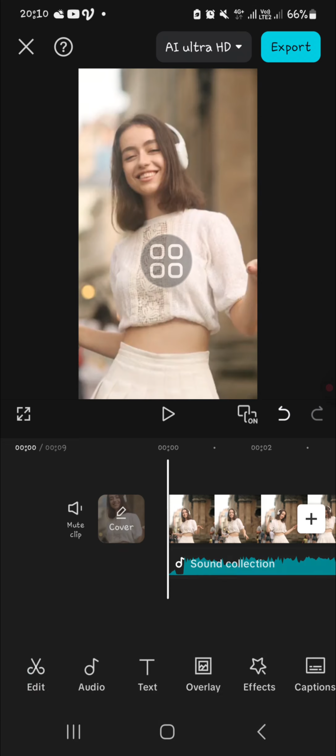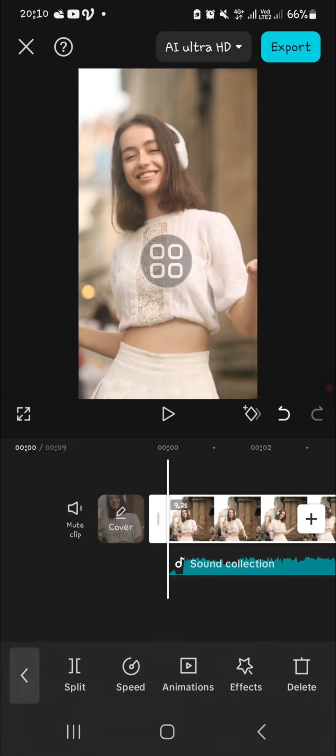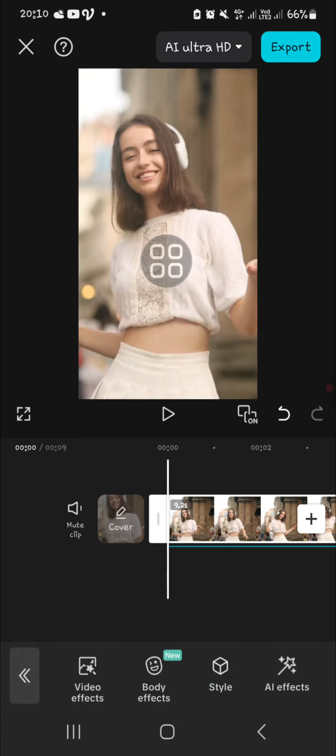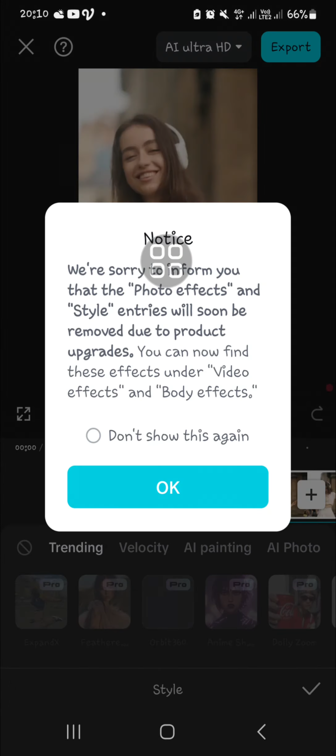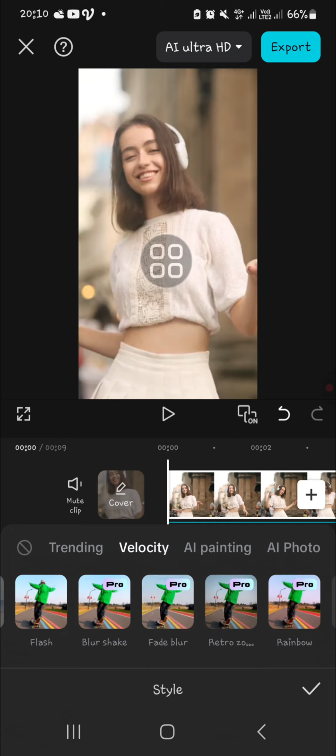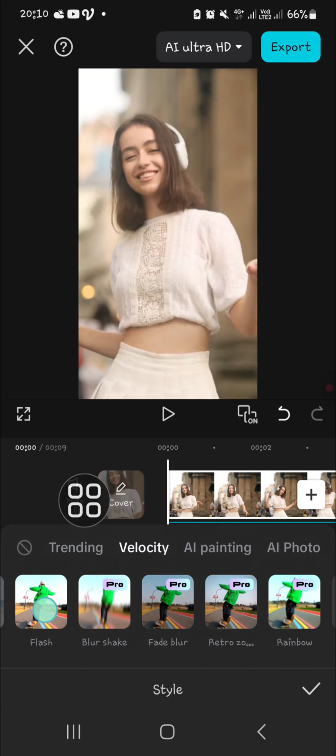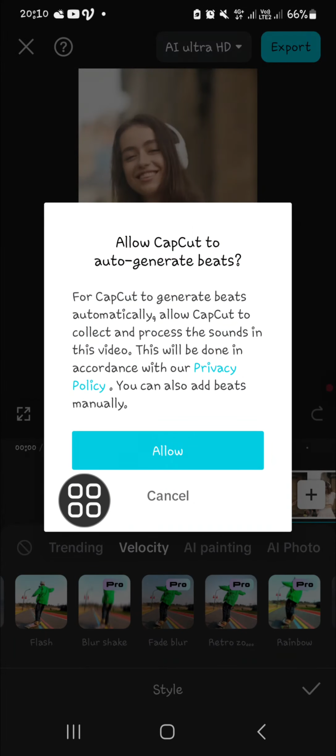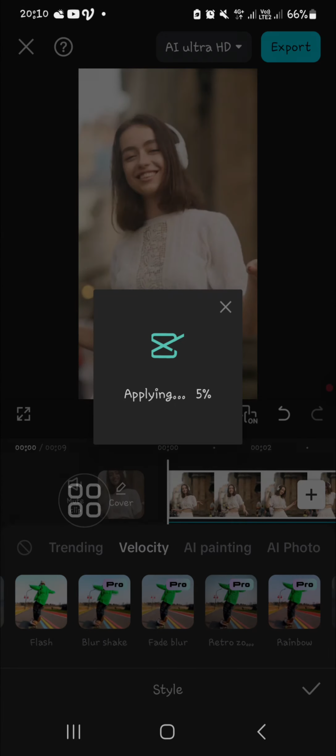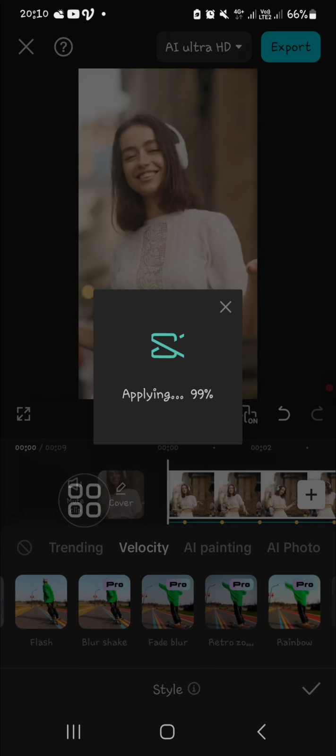Okay, and then I'm just going to click on my video, and then we can click on the effect, select style, and go to the velocity, and then I'm just going to use this flash velocity. Or actually you can use another velocity, but it's premium. If you have subscribed to CapCut, you can use the other velocity effects, but for now I'm just going to